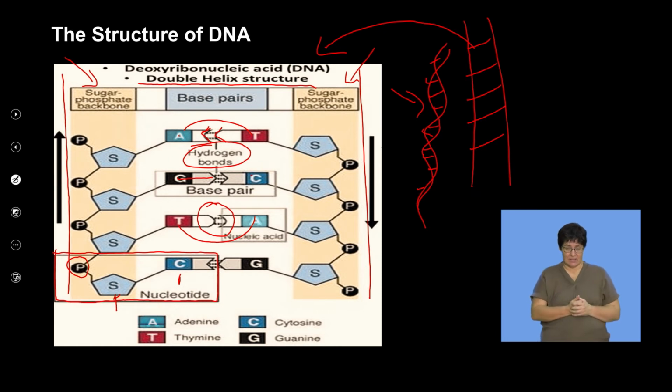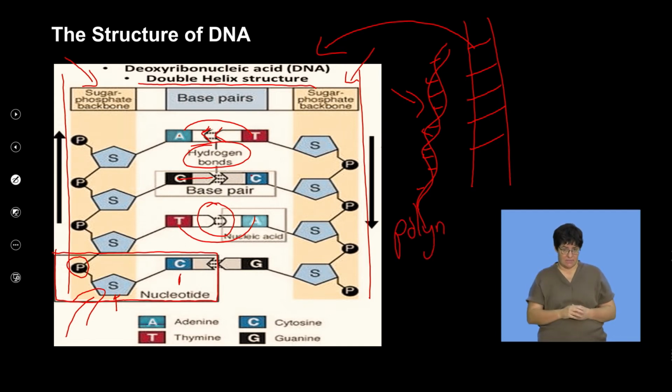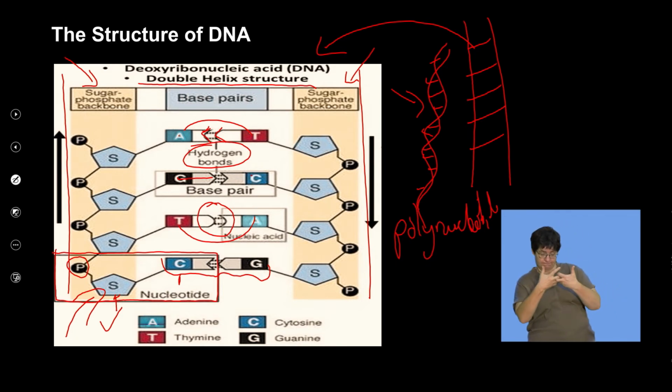So if we try and unpack this model again, I'm going to very quickly go back to what the structure of DNA is. DNA is made up of nucleotides. It's a polymer, so it's a polynucleotide, and that essentially refers to it being made up of many of these nucleotide molecules. It contains complementary base pairs, as we've indicated here, where cytosine and guanine base pair together, or we have adenine